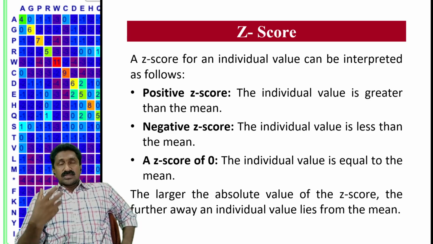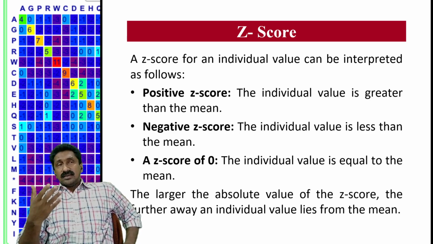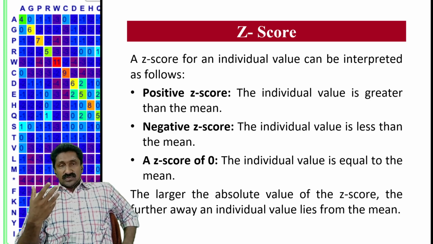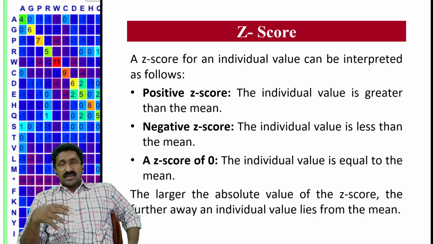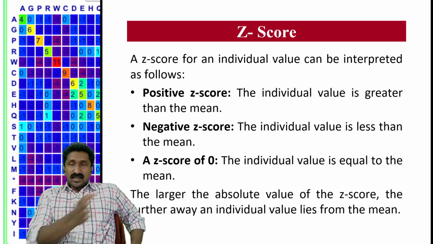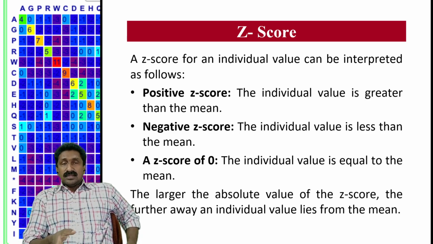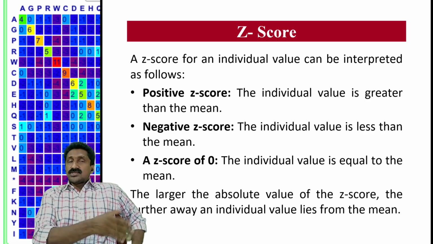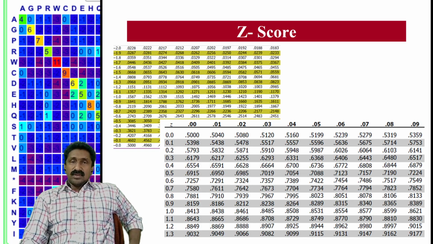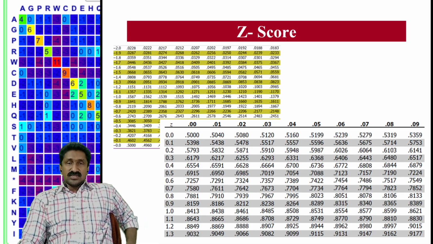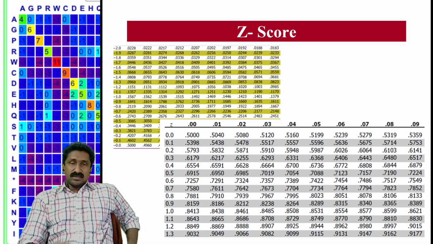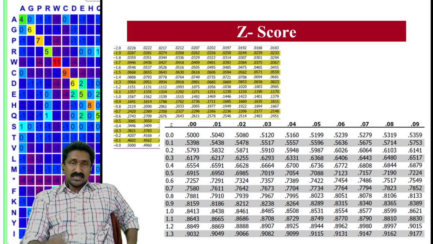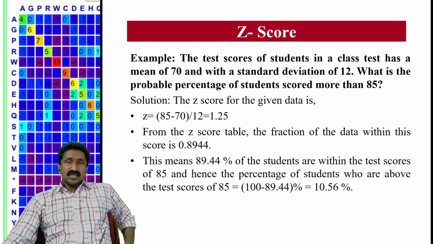This z-score is a statistical measure for testing the significance or reliability of your results. If your observation or prediction is far away from the mean or expected mean, then it becomes less and less significant. That can be calculated based on the z-score table, which is already available. You can calculate the value based on the z-score and see how it can be interpreted. This is the z-score table, and you can see how it is done.